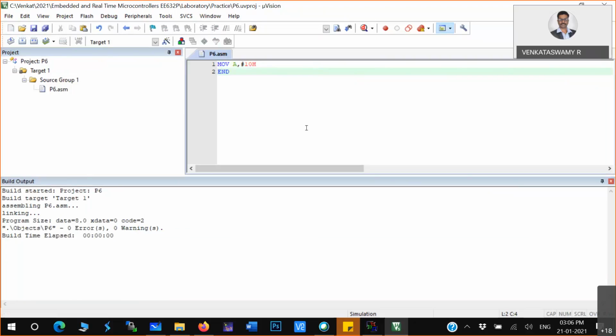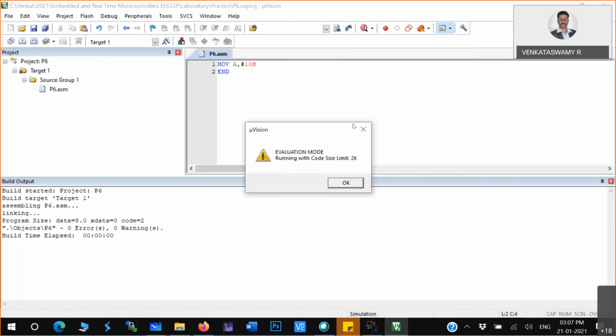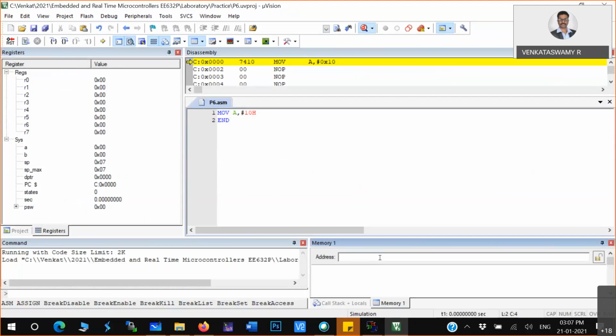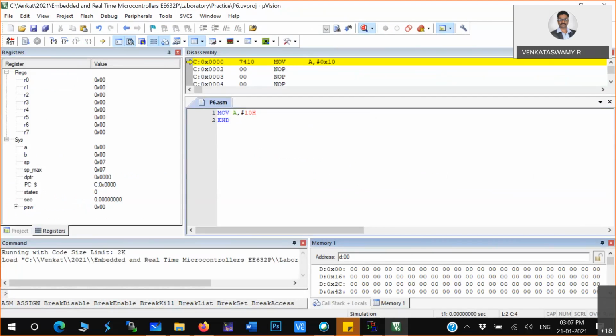Now to test this particular microcontroller, you can go to the debug mode. This D button you can click, and you can go to the debug mode. You can see here the complete microcontroller working. This is the memory, and the accumulator is basically E0.